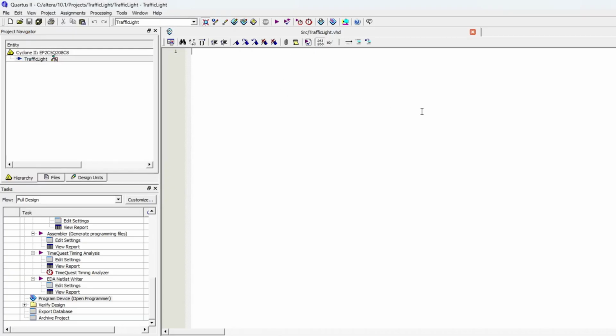Now we will start writing our VHDL code. So first we will give the library and package declaration. So give it library IEEE; use IEEE.std_logic_1164.all. Now give the entity declaration. So give it entity traffic_light is port, and end entity traffic_light;